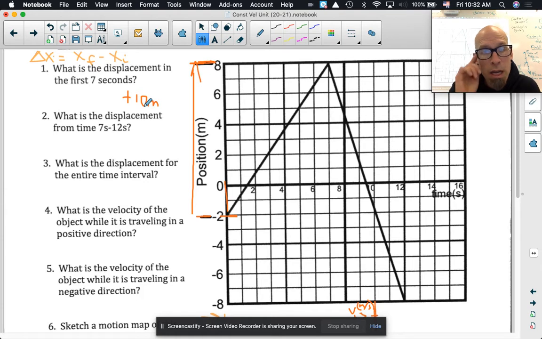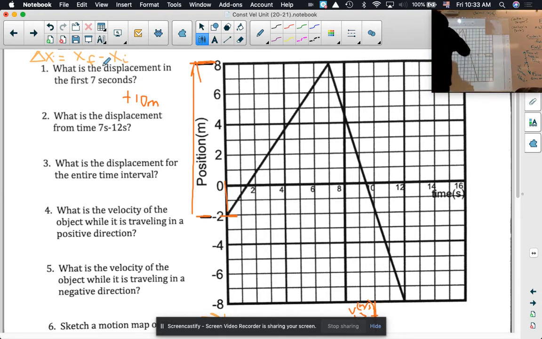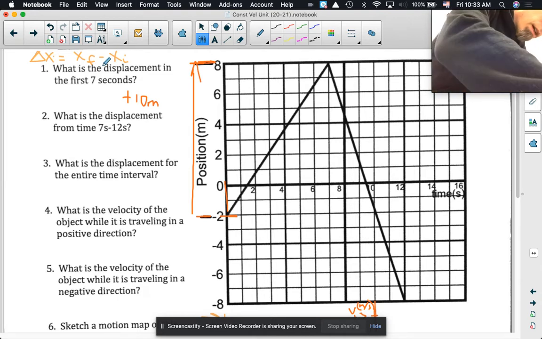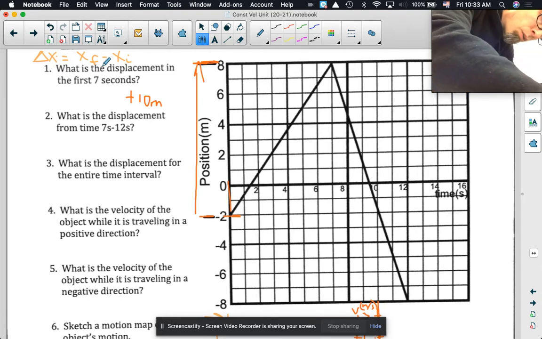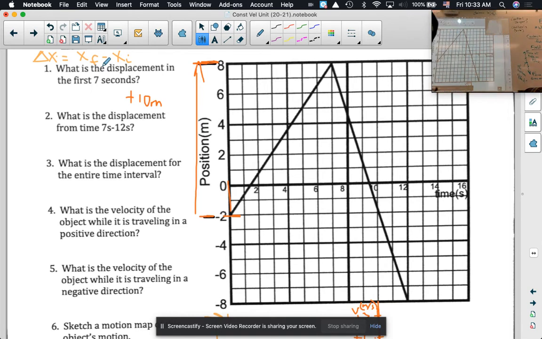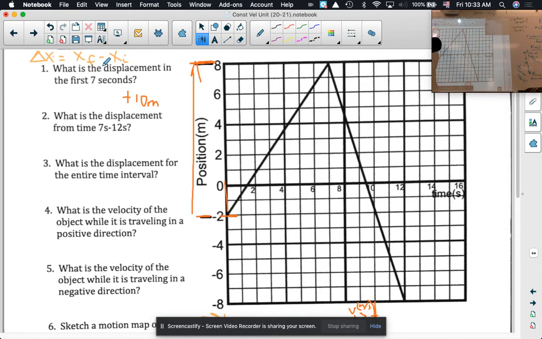So please. Now, this thing here, xf minus xi, the final minus the initial, or the end minus the start. I really wish this would work. Maybe it's been long enough. Can I write now? No. Oh my gosh. Maybe if I unhook this and then rehook this, maybe that will help. No.